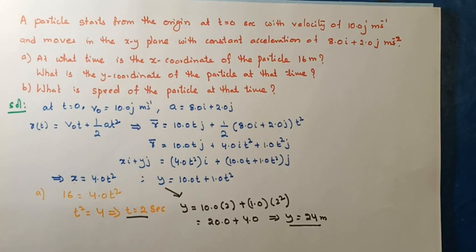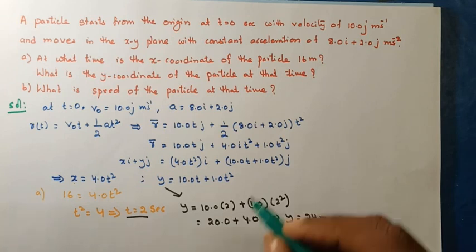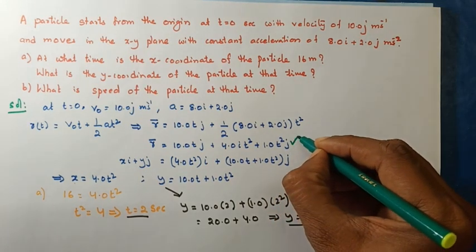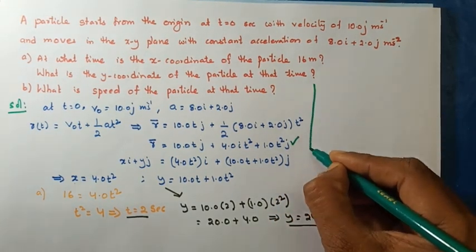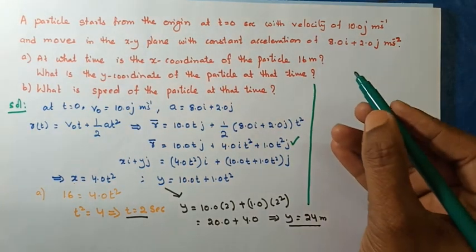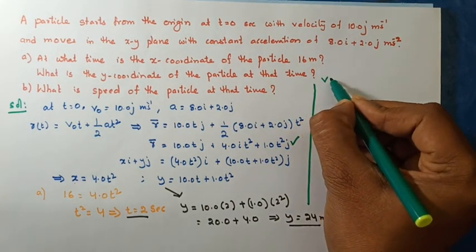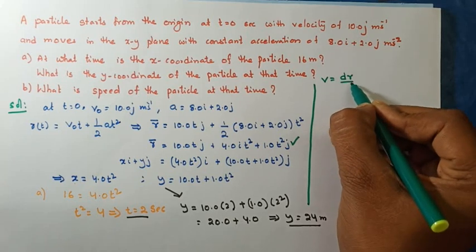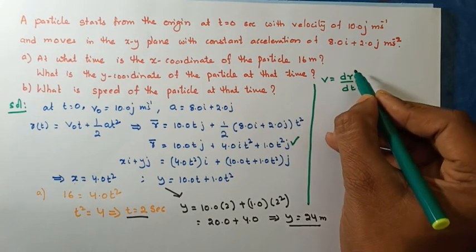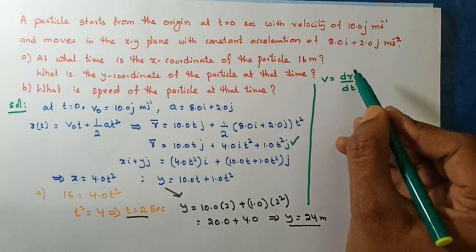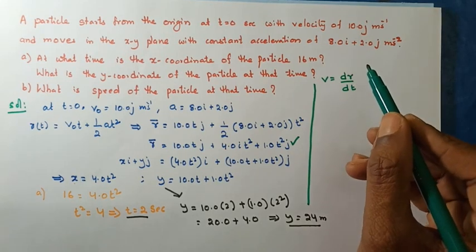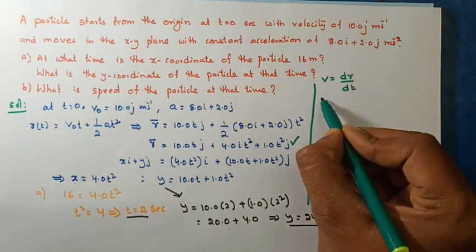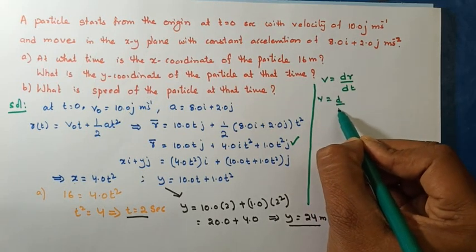From the position vector, if we want to calculate the velocity vector, we need to differentiate it. We had seen such problems in the third and fourth chapters. V is equal to d by dt of